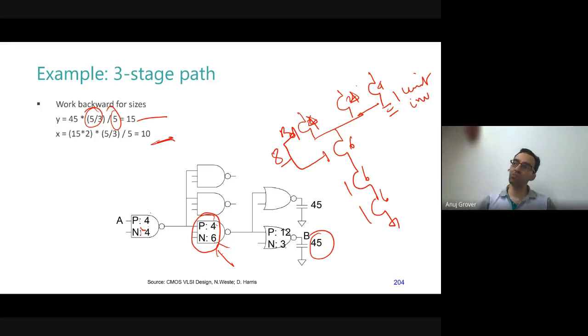So when you will do the simulation, the simulator would do everything. Simulator would put every capacitance, every resistance, everything there. But you are not a simulator. You want quick comparison between two devices or two gate combinations or two paths. You want to do a quick sizing of your path. So you ignore those finer details at this stage. It is a different level of abstraction. Look at it like this.